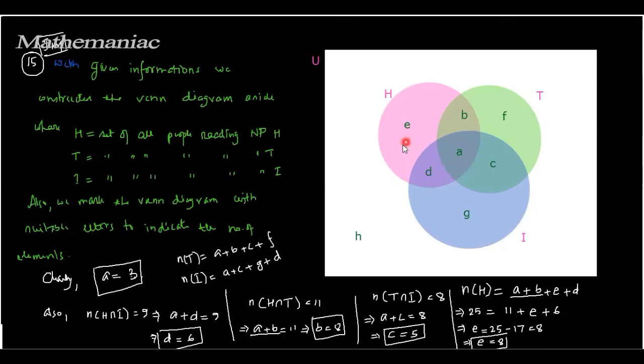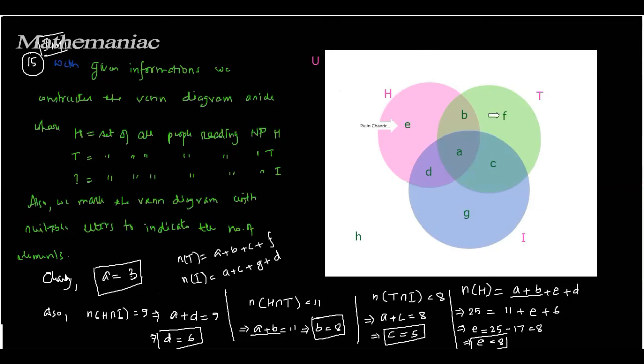But you see the second part. What is the second part of the question? It is given the number of people who read exactly one newspaper. Exactly one, here it is. Exactly one, here it is. Exactly one, here it is, right? These are the persons,